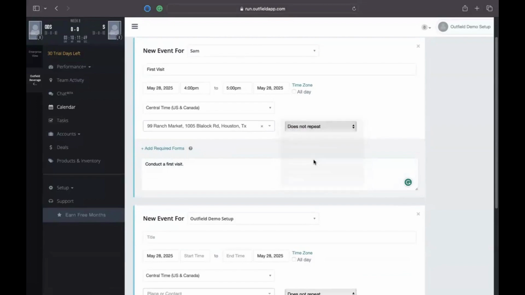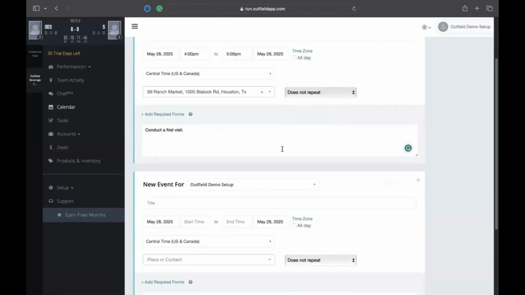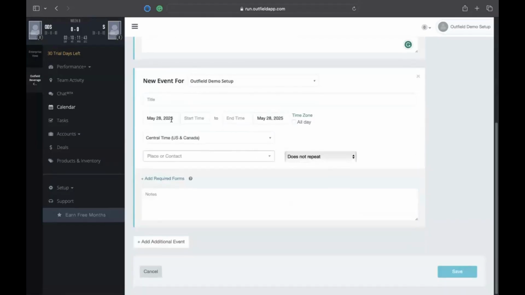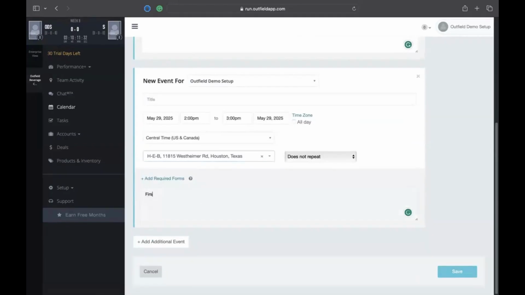We also have a custom button as well in case you want to set up your own custom recurrence. I'm going to keep it as does not repeat. So that's going to be his first visit. And let's say tomorrow, Sam needs to go to another account. So I say from 2 to 3 tomorrow, Sam needs to go to the HEB, and I will say first visit,